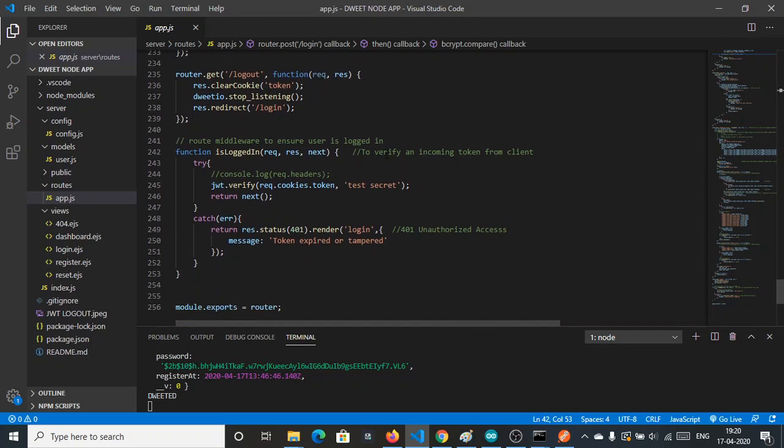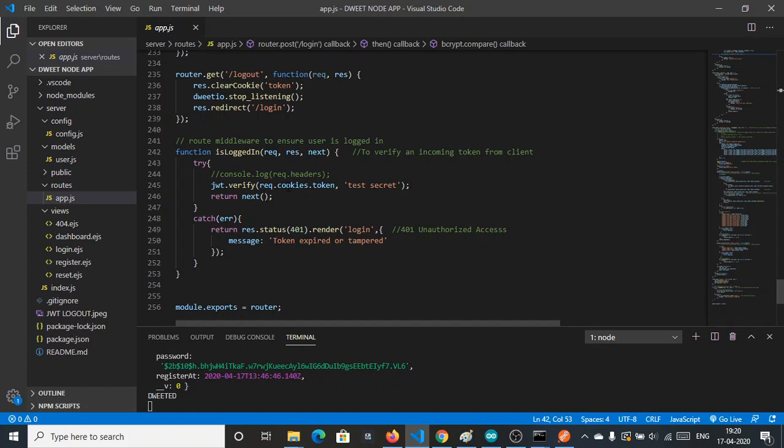Yeah, it verifies the incoming token from a client. After a token is assigned, the token is sent to that client, and with every request made by the client, he will send that token to us.